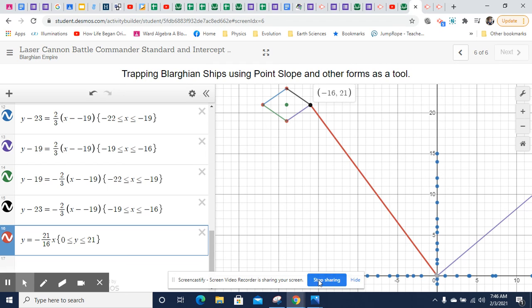And that's all you got to do. Capture a couple of the Blargian ships, and then you'll have access to more fancy technology. Hope that